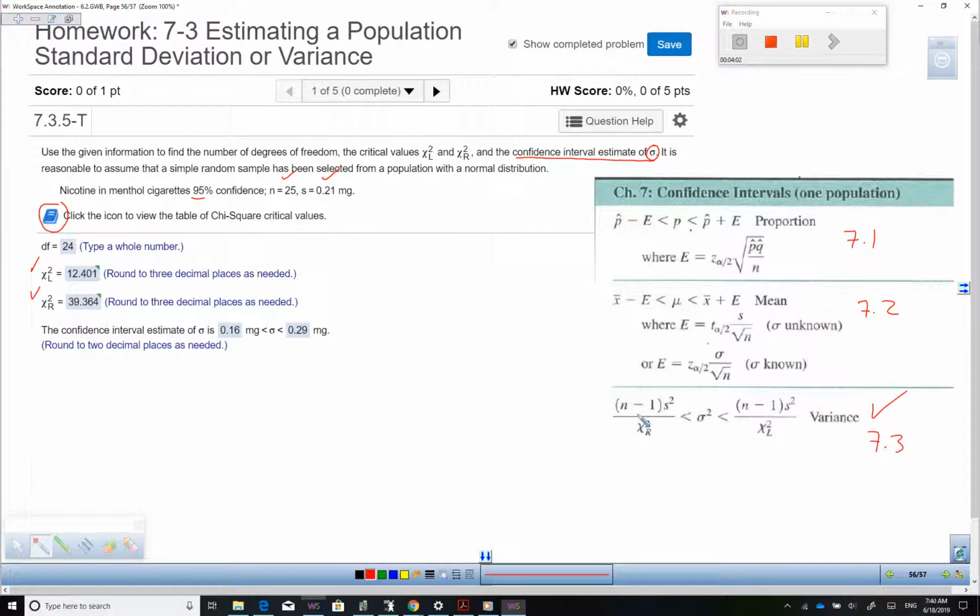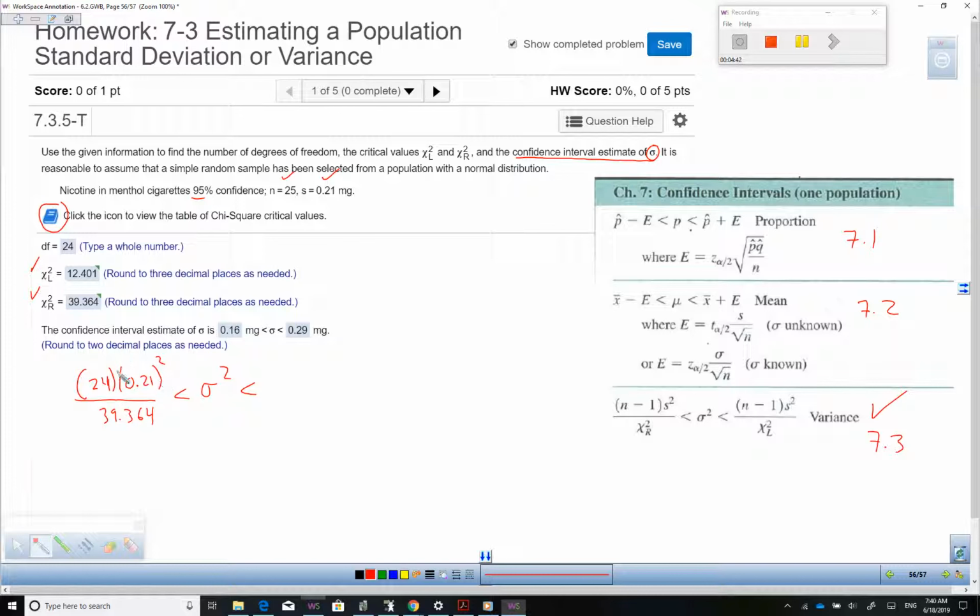Let's follow that formula. It says n minus 1. Well, n is 25, minus 1 is 24, times the sample standard deviation, which is 0.21, to the second power, all this divided by the critical value on the right, which is this one right here, 39.364. Careful, don't raise the denominator to the second power. That is my